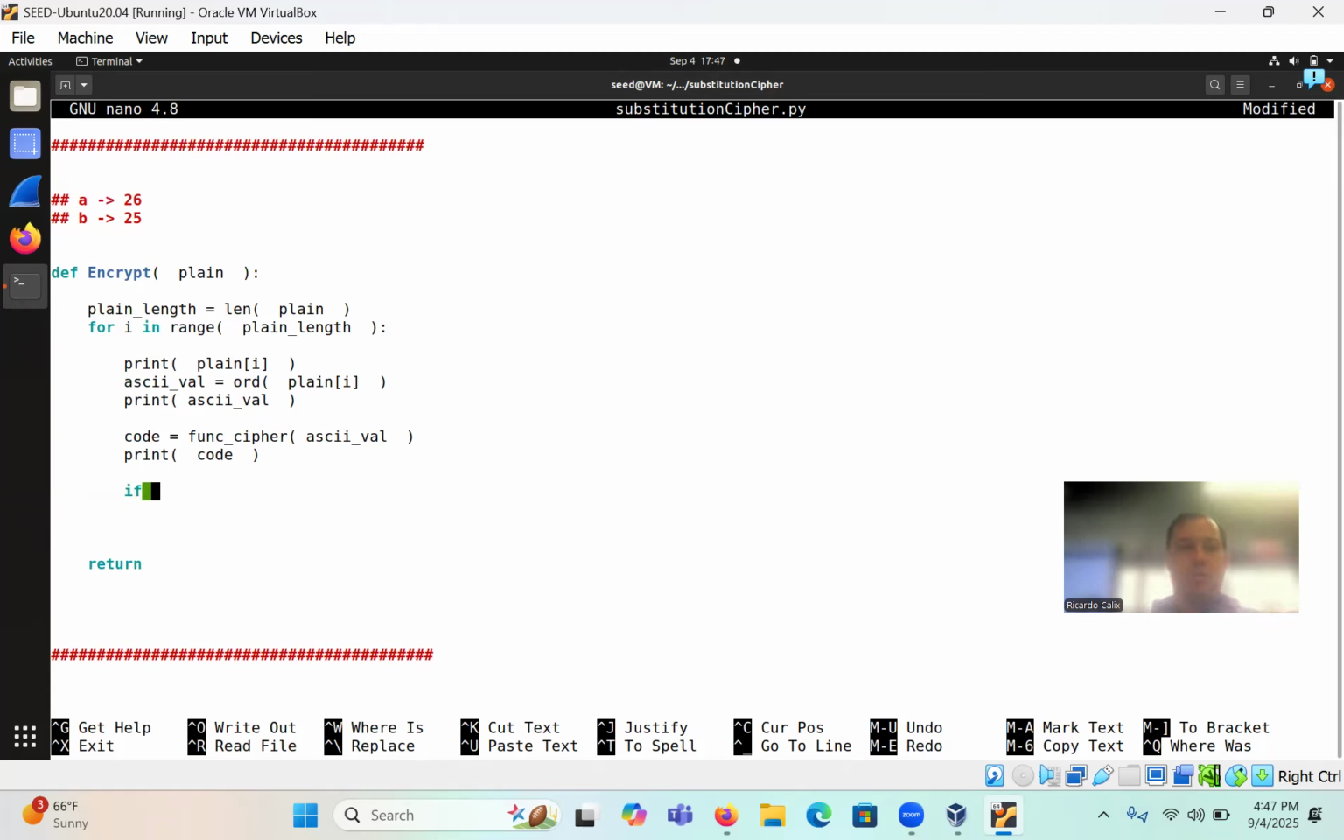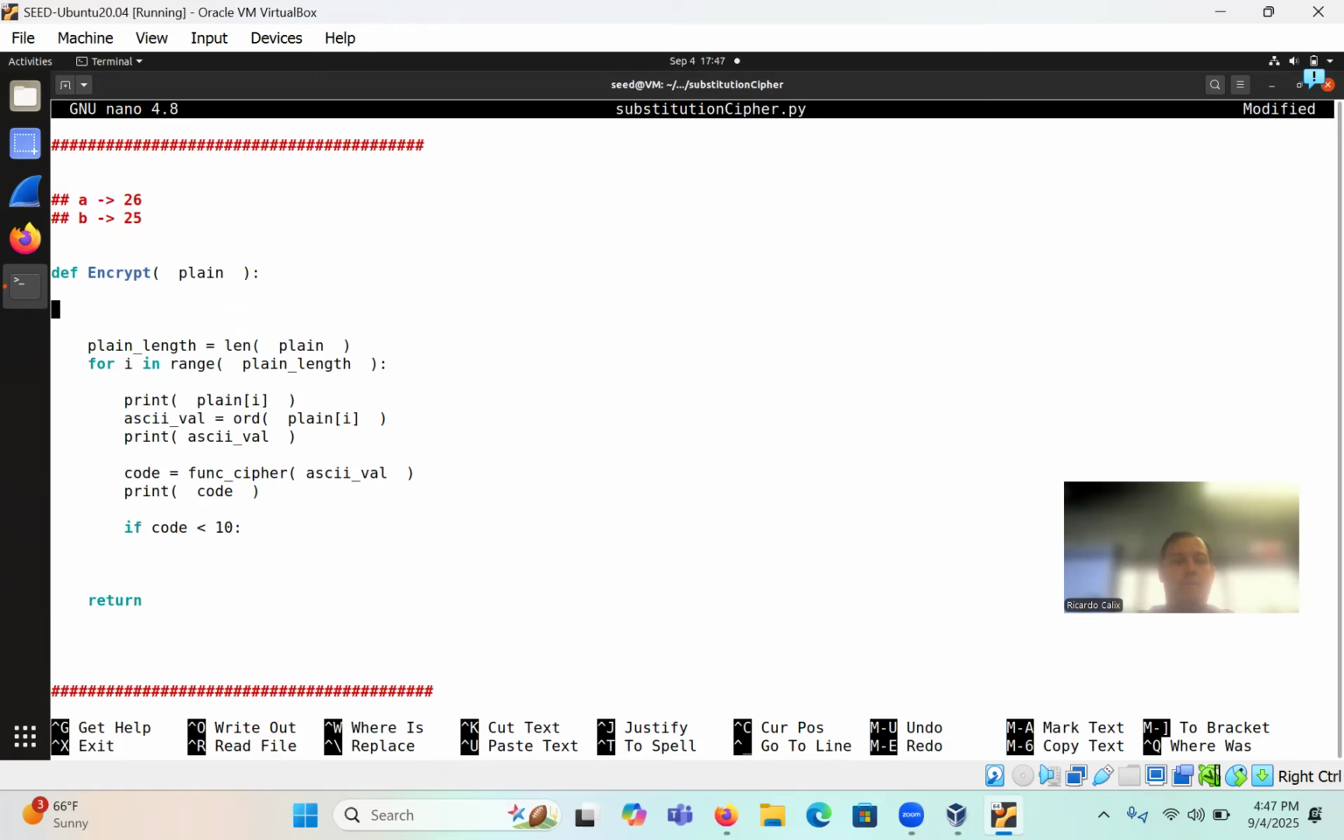So I need to check if that code has 2 digits or 1 digit. So we can do something very simple like if code less than what? 10, right? Less than 10. So we know it only has 1 digit, else it has the 2 digits. So I'm going to create something called S code, which is a new variable where I'm going to hold these codes. Now, S code just means string code. So I'm going to convert it into a string. So S code, I'm going to initialize it to blank. So now, if code less than 10,